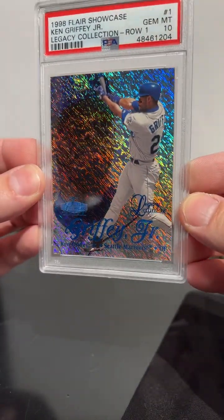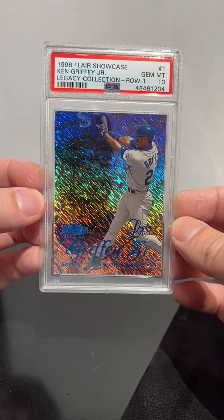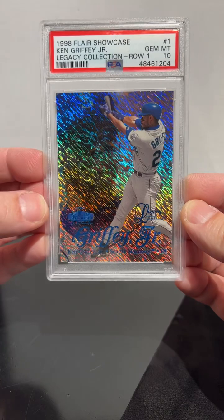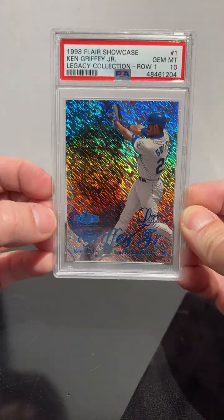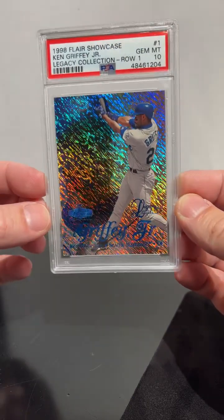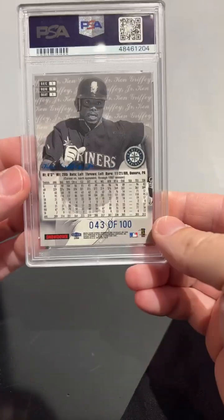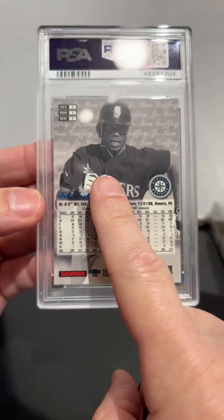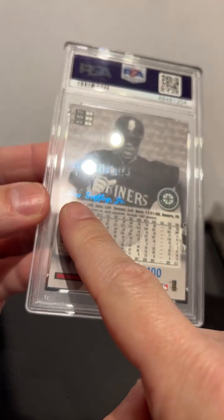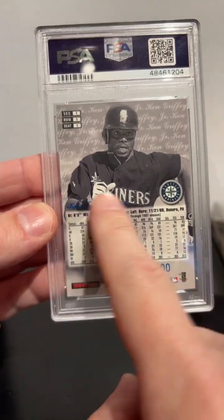I had a BGS 95 that had a pretty nasty print line, so this is the second or third best Legacy, depending who you ask, with the 98 Row Zero. And then 97 Row Zero is the best, in my opinion, and almost everybody's opinion, and price-wise. But these really pop. And then also you can tell there's aftermarket versions, backdoored versions, we call them. You have Griffey's name in blue ink right there,